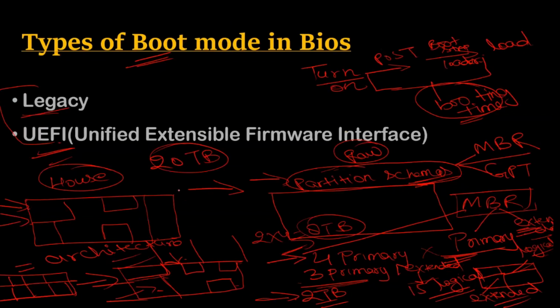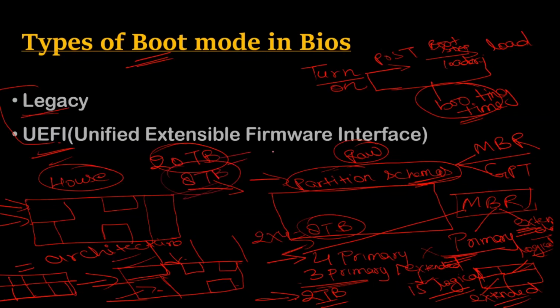So suppose you are using a 20 TB hard disk in your system, and you assign MBR on that hard disk. What will happen? You can create only 4 partitions, right? And the size of each partition will be a maximum of 2 TB. That means for 4 partitions it will be 8 TB. You have a 20 TB hard disk, but you can use only 8 TB with this MBR.